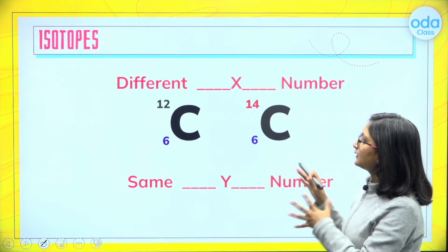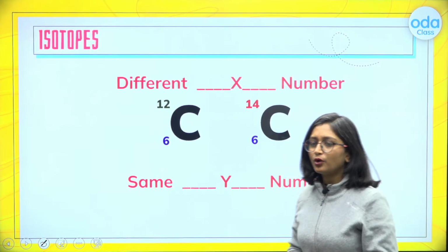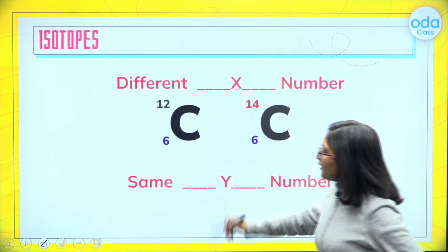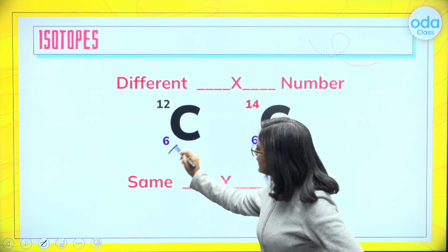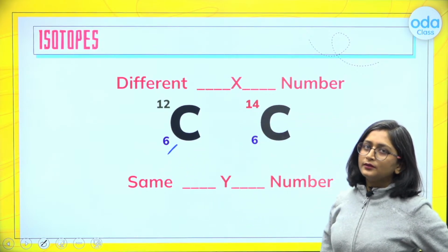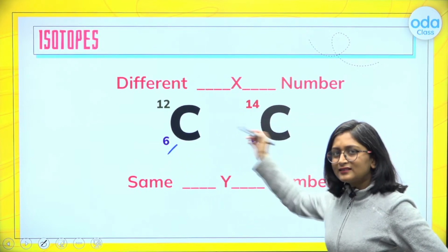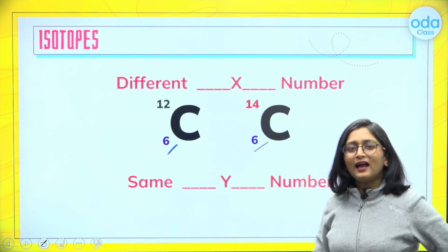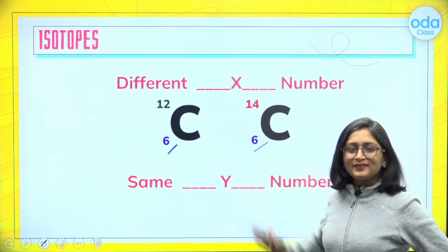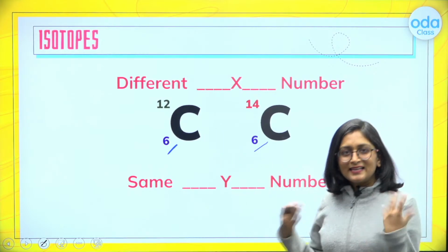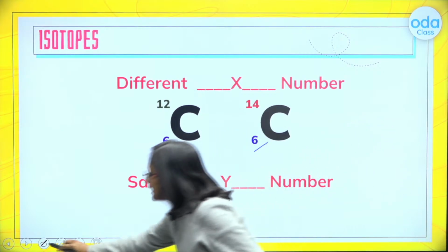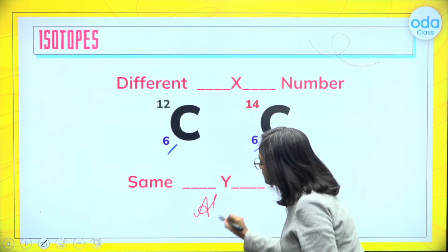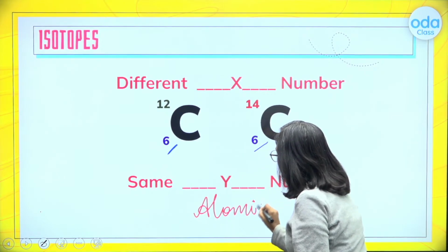In case of the isotopes, they are going to have different mass number. So what would be in this case, if you have learned about carbon? What is different and what is same? Can you find it out? 6 is the atomic number of carbon, right? So carbon is the same element. Here you can find it out. Then the other is also having same as the first atom. It is also having 6 protons, same atomic number. So here we can say that same atomic number,